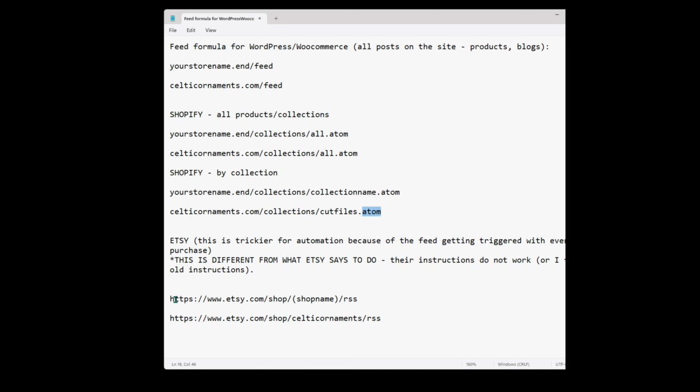So you want to do https://, which by the way, some of these, depending on what you're using, will probably require that. And we'll dive into that more in the next video. But for now, just make sure you get this part because that's all you really need. So we're going to see this one is